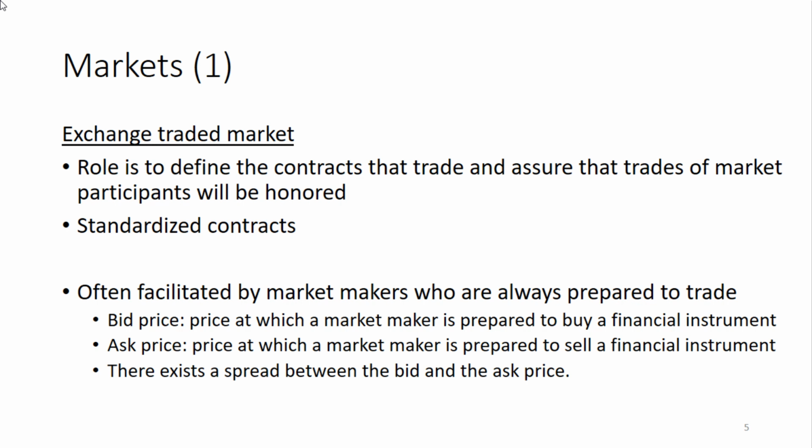So what the market maker does is try to buy at low prices and sell at high prices. And it's the difference between the bid and the ask price. The ask price being higher than the bid price, the difference between the two we call the spread. And it's typically the spread that the market maker seeks to earn. So it engages in many trades. And if there is a sufficient market, it sufficiently often buys and sells financial instruments. And in the end, it picks up the spread between the bid and the ask.